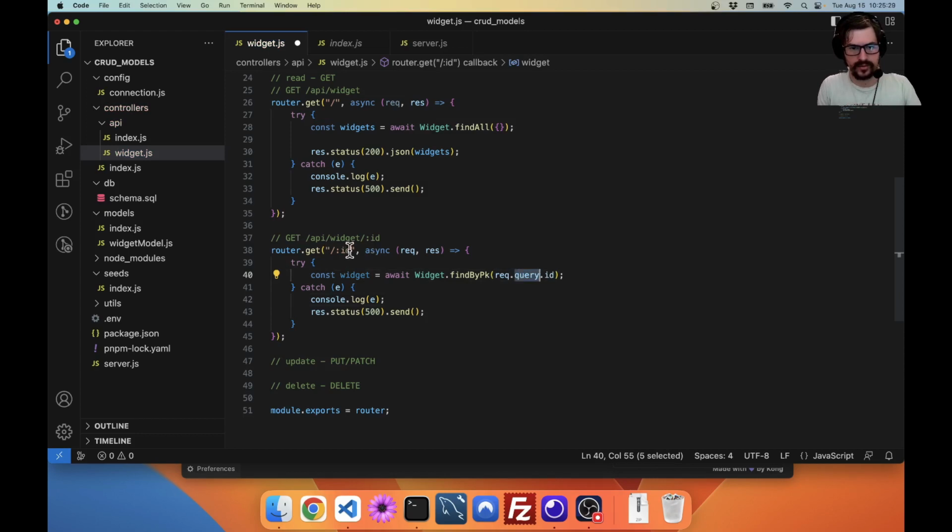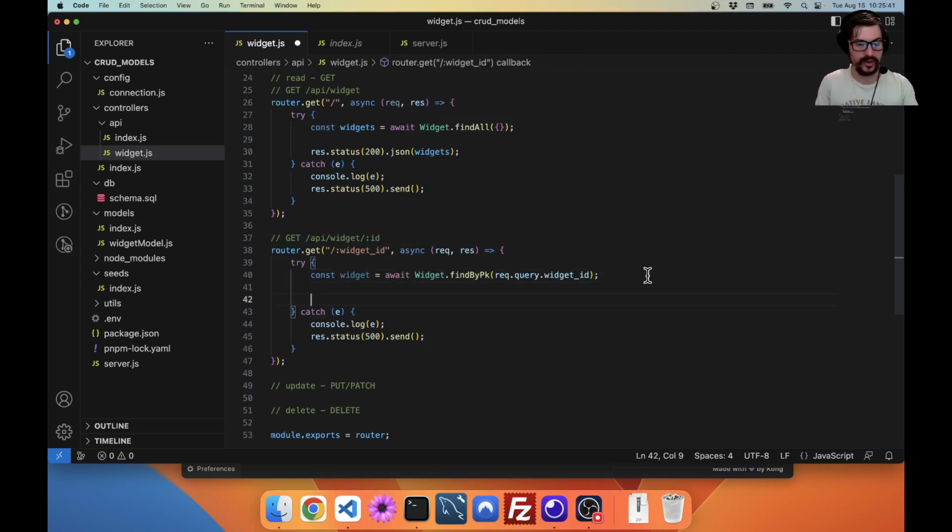Query meaning a query param, which is this ID here. Because I called it ID here, I have to call it ID here. If I called it widget ID in this case, I'd have to call it widget ID here. Now, this could return an object or null, and we want to handle that. So I could say if not widget,